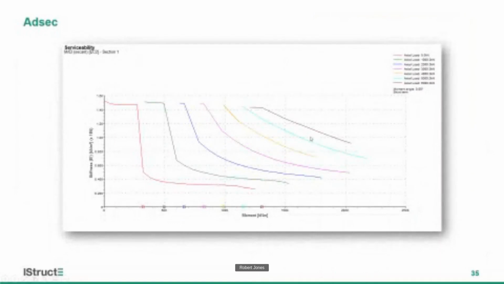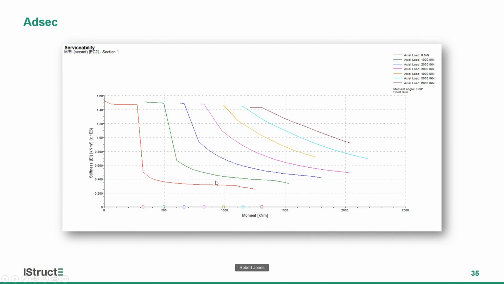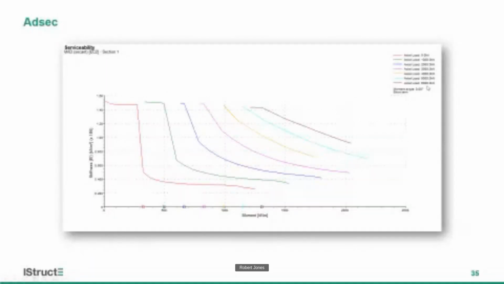We put that back into our analysis model and used a program called AdSec to look at the cracked section under a certain amount of loading. So you can get this chart here where, with an increase of axial load, you can see how much the section is going to be expected to crack under a certain amount of bending moment. Going through a few iterations, you can settle on a coincident moment with a certain amount of stiffness